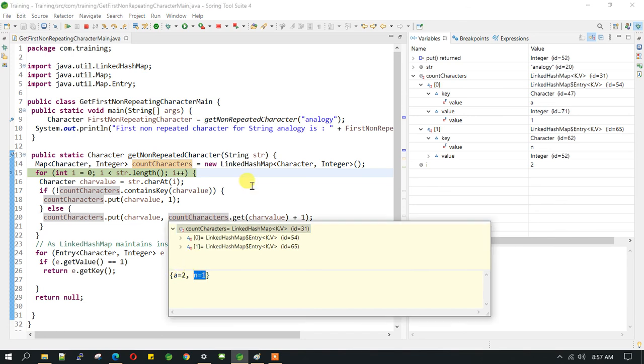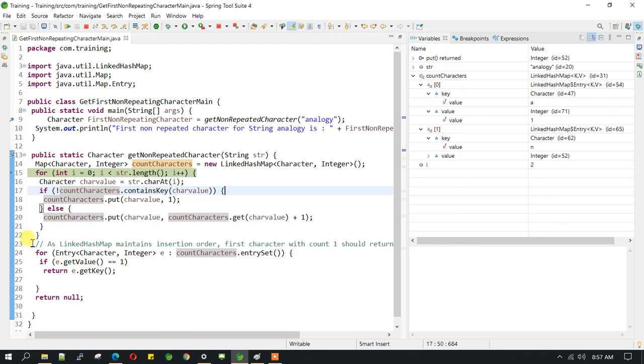Now I guess it is clear, so I'll not waste time looping it one by one. I'll try to complete it.